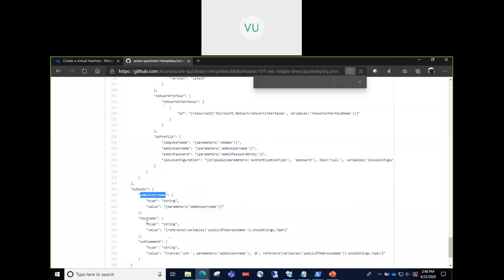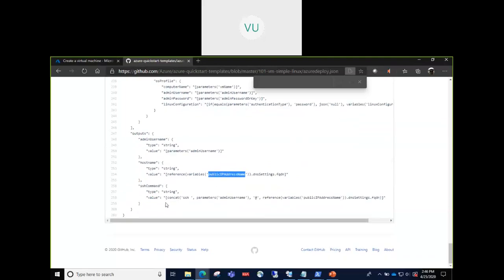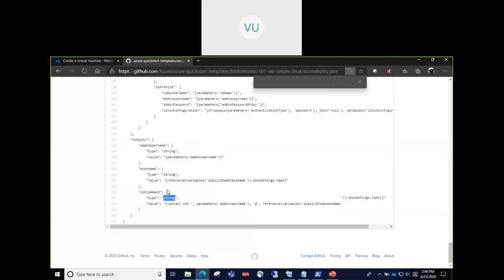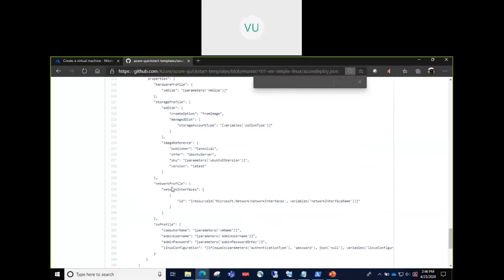So it will give three outputs: username and the host name. Host name is basically the public IP address. What you're giving is the public IP address name here, and then the SSH command that you can use to connect to this virtual machine. So these are the three outputs that you will get when you deploy this virtual machine using this ARM template.